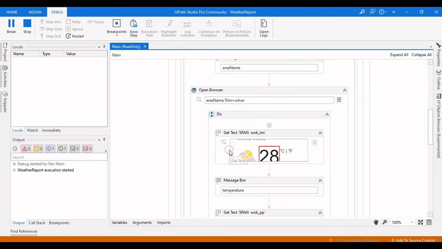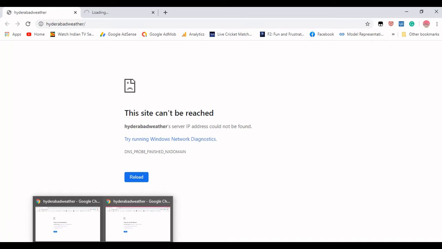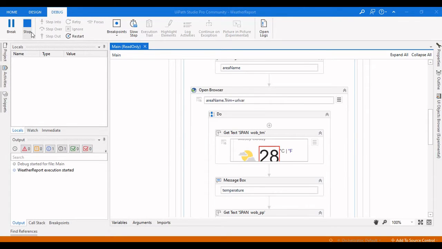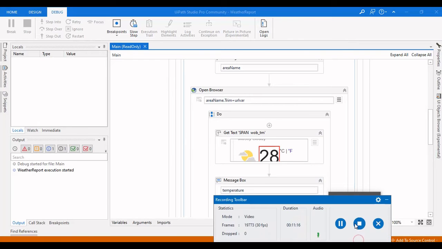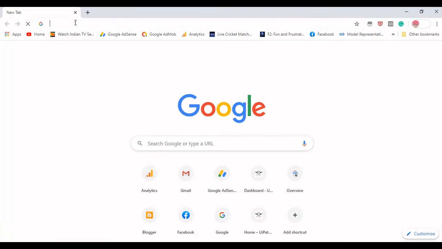It is Hyderabad. It is still opening two browsers here, for weather and report. So the area name Hyderabad weather report is not the URL, right?